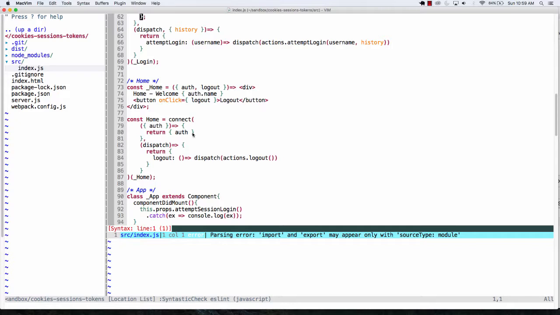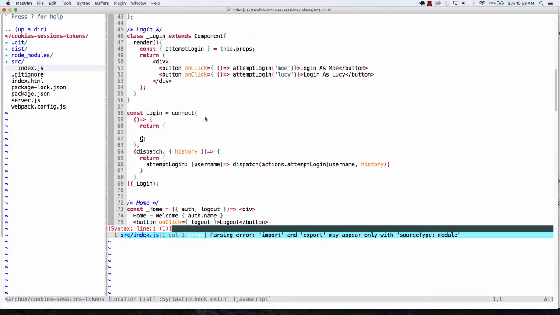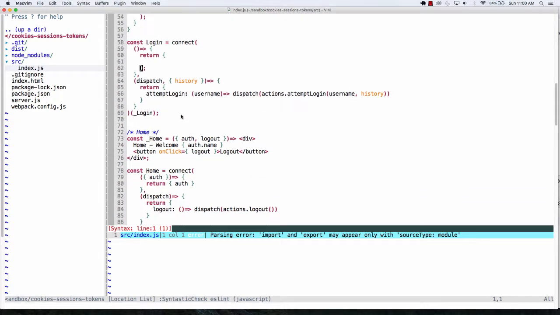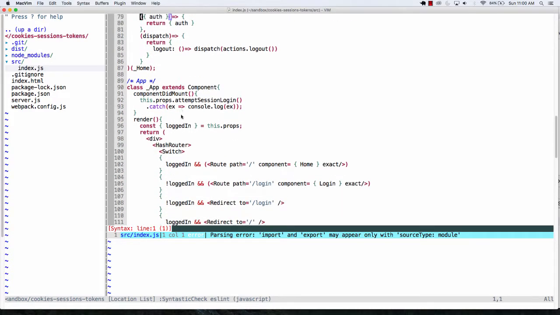And when we end up going to log out, we're going to end up logging out, and we'll end up dispatching. And again, here's our thunk with our actions log out. So again, this is going to end up interacting with the store by logging the user out. This is going to end up logging the user in, and this could have actually been a presentational component as well, but one would think at some point with the login component, you're going to want to have some state for your username and password, and we wouldn't end up just hard coding these things. This is just for demonstration purposes. So we've got our login route, we've got our home route, and the only other one we have is our